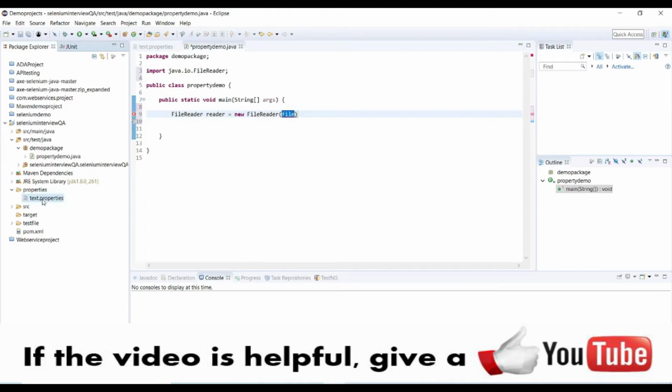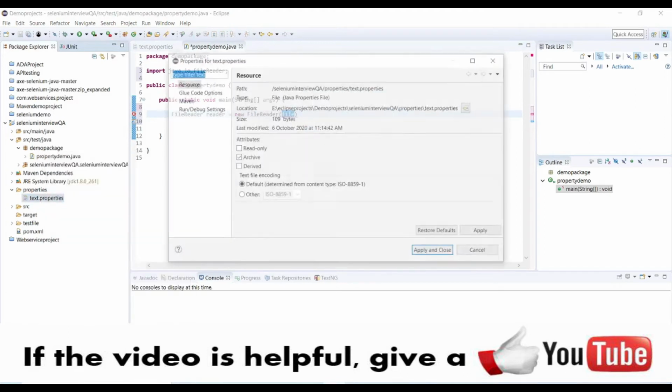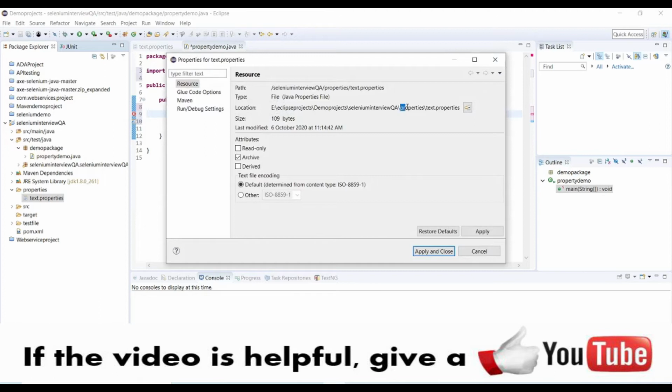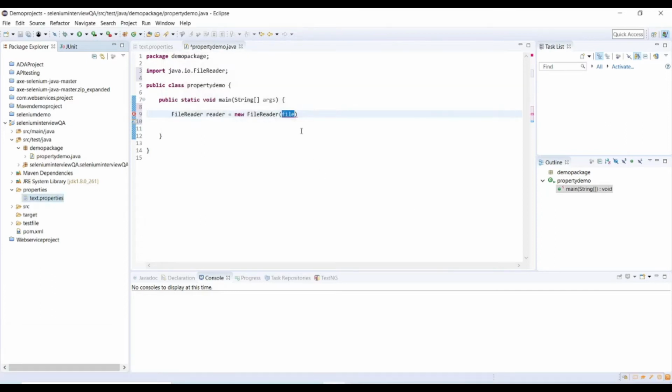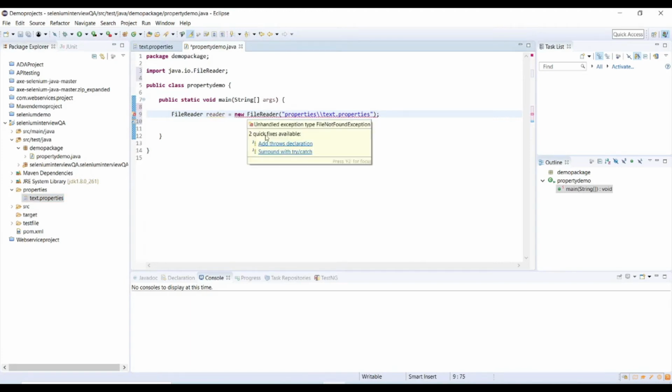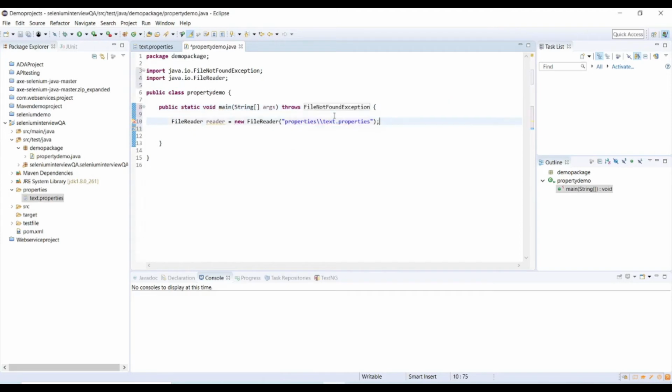Go to the property file, right click on it and go to properties. Under properties you can take the folder name and the property file name and provide the location in the FileReader. It will ask us to handle an exception, so hover on this and add throws FileNotFoundException.